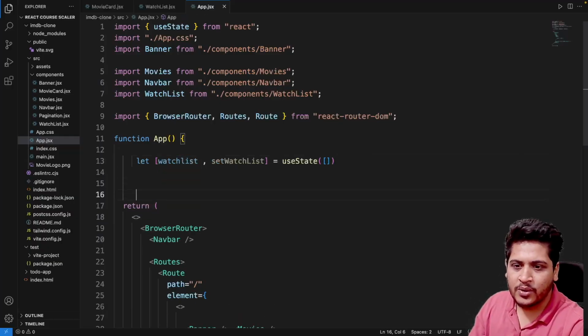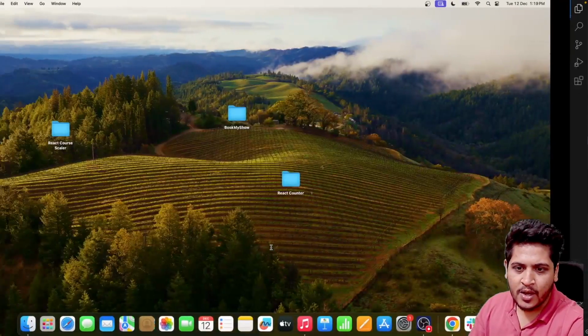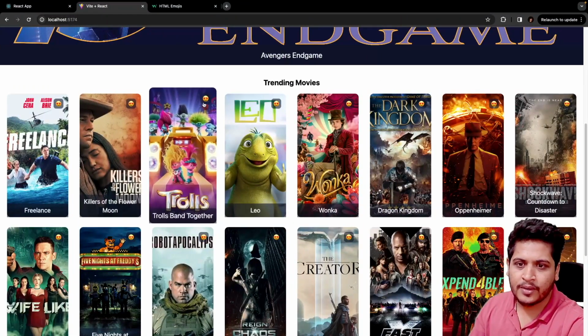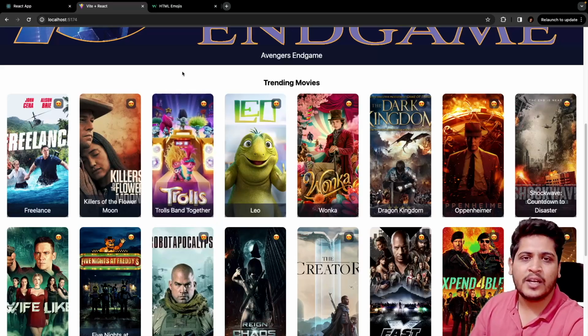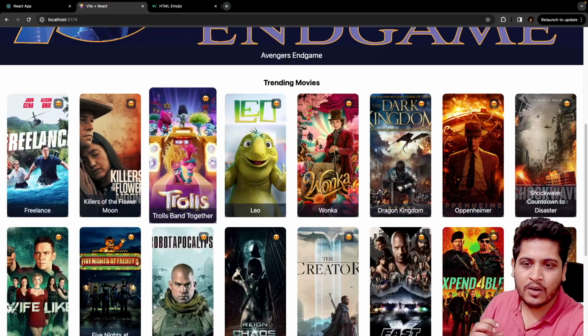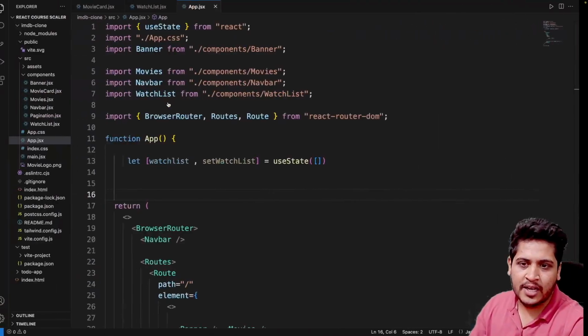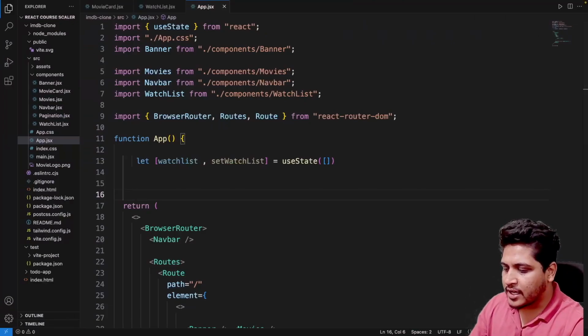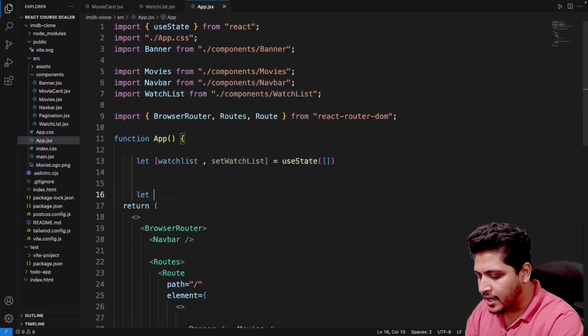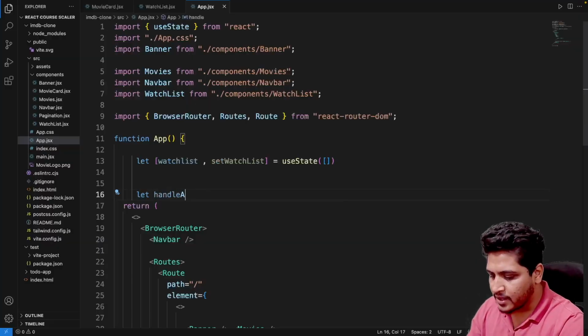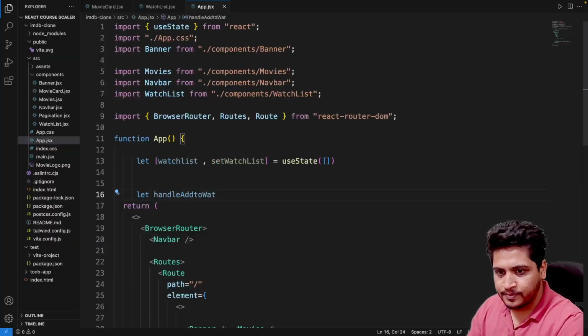And now we can basically work with this state. So what I was saying is, when we see our app over here, when you click on this button, we should create a function that gets invoked, which should take the whole data of this movie and add it inside my watch list. That it should do, right? So for that, I'll just write a function. I'll just say let handleAddToWatchList,